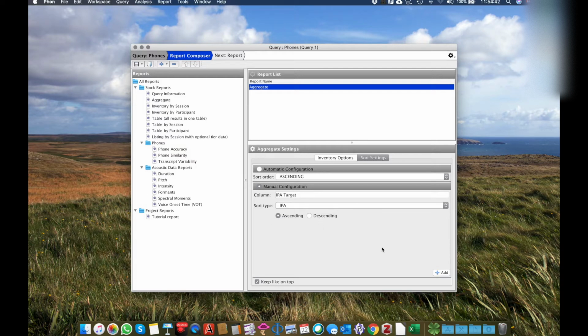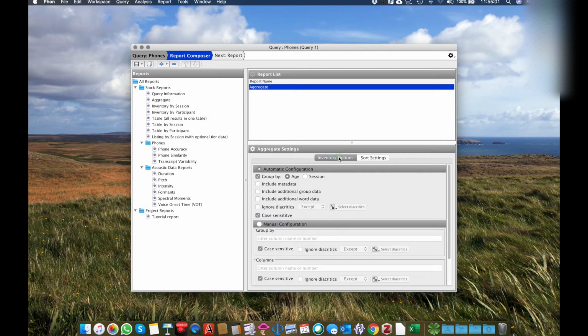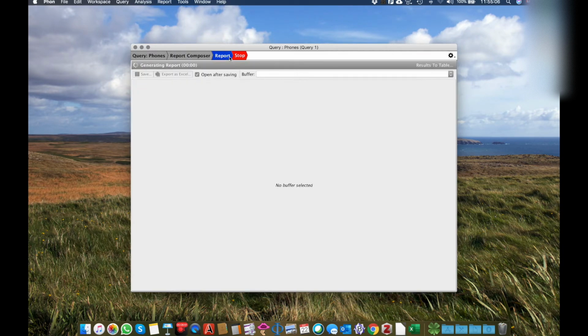And I'm doing this for the IPA target. And if you remember, Phon also included in the query the IPA actual value. So I will sort the IPA actual value as well, also using the IPA sort. And so now I've configured my aggregate the way I want it. I can hit report, and now Phon will use those report criteria and organize all of the query results